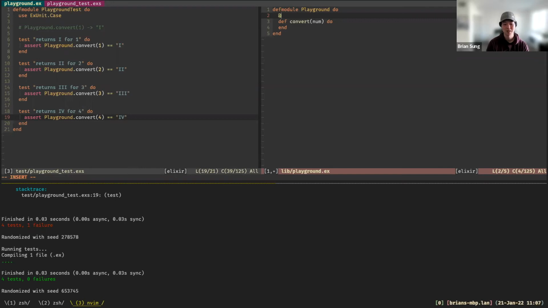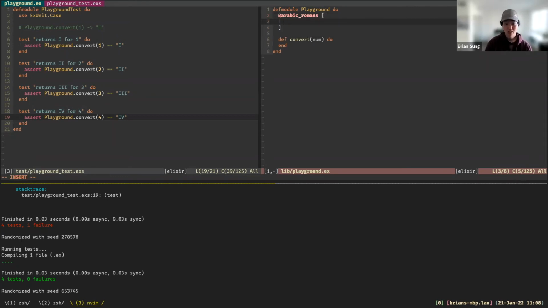Like, if you're familiar with JavaScript, it's just like const and then the variable name with all capitals. So this is just a value that won't ever change and that could be reused anywhere in the module. So let's call this Arabic or something. Add name, but we want this to be a list.